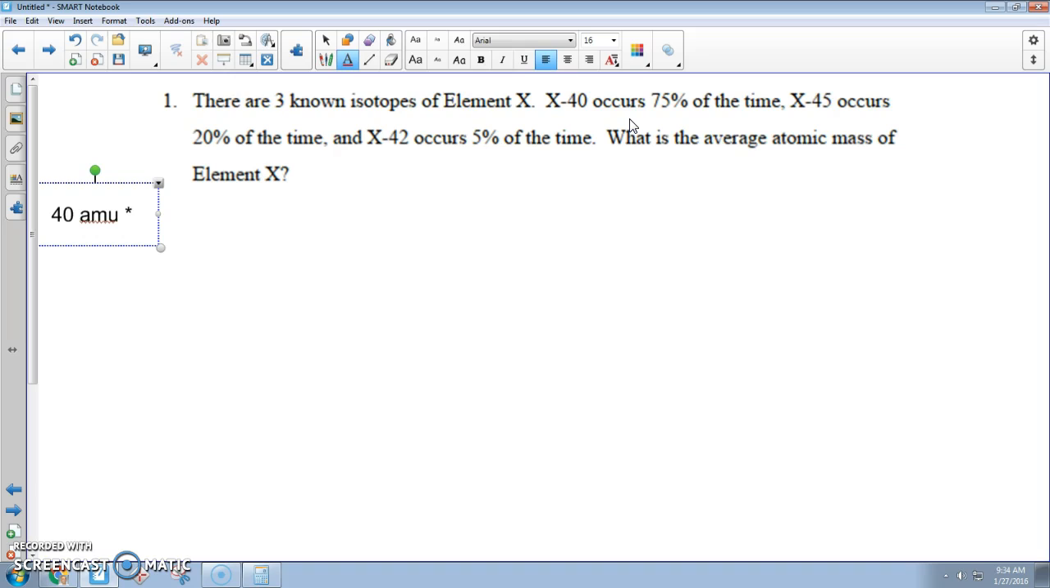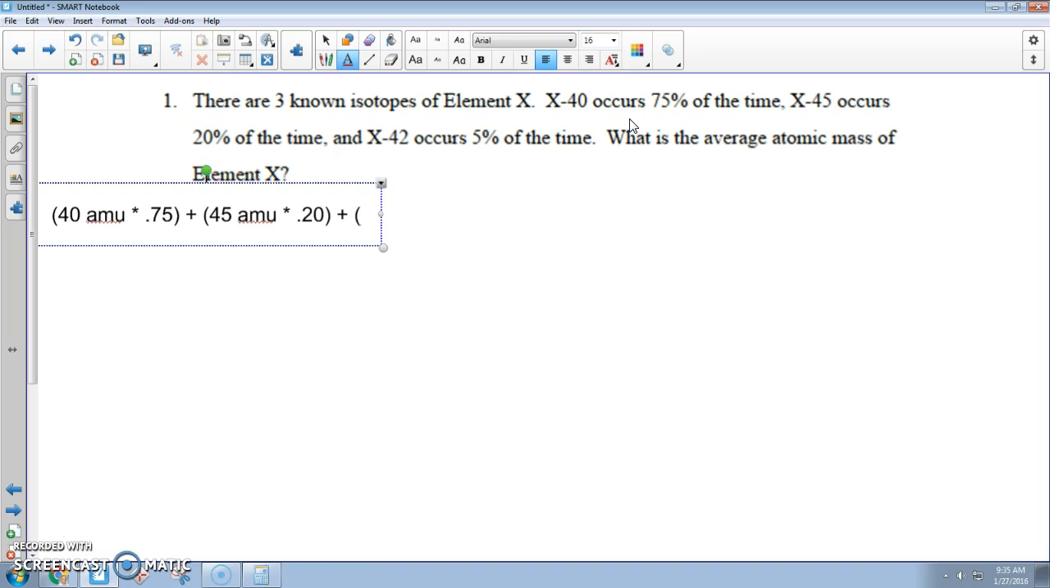And again, this is 75%, and typically when we do math with percentages, we make them into decimals. Here's the part that I think people are going to maybe get mixed up on: that is telling us how much weight that is contributing to the total average. And this is, again, similar to your grade. And then 45 AMU times 0.20 plus